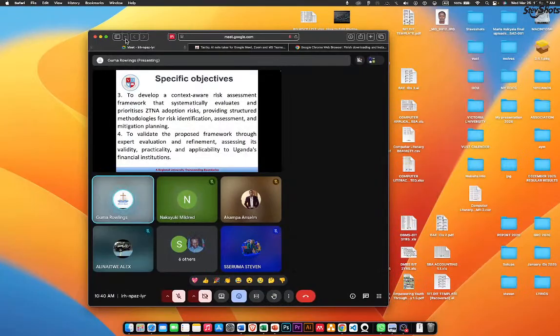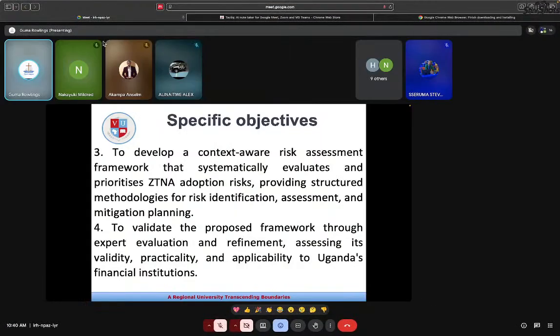The third one will be to develop the architectural framework that systematically evaluates and prioritizes ZTNA adoption risks by mapping them out, providing structured methodologies for risk identification, risk assessment, and risk mitigation planning. The fourth will be to validate the framework that we have developed through expert evaluation and refinement, assessing the validity, practicality, and applicability